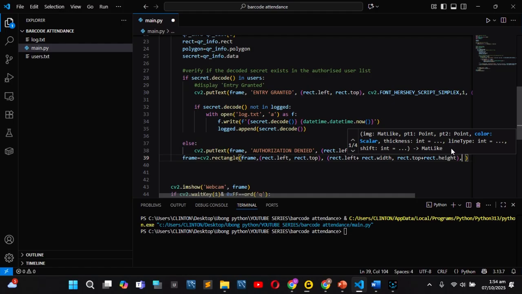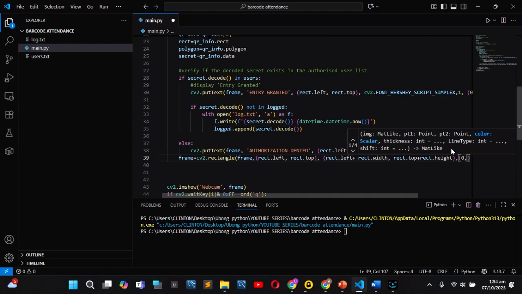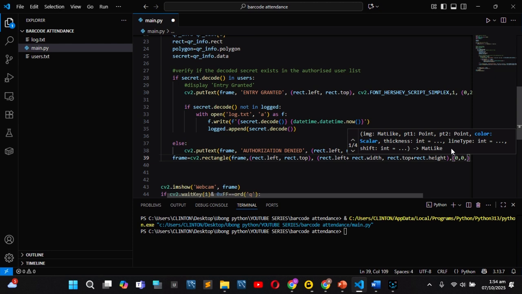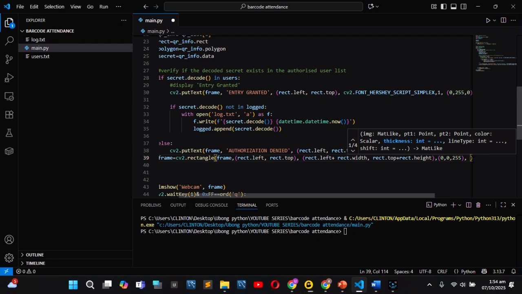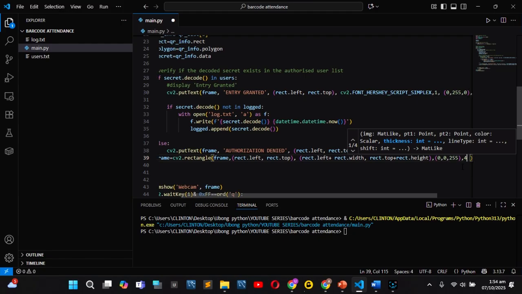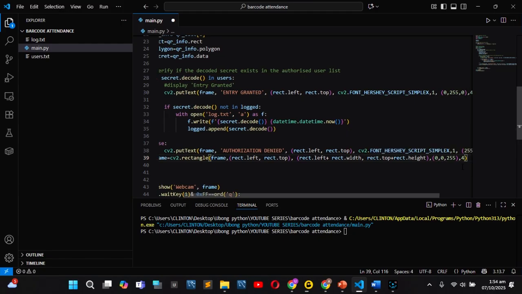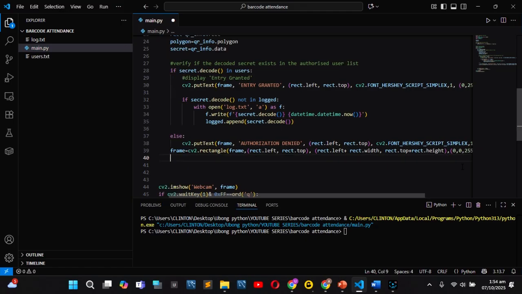So we have a color, so we'll make it red, 0, 0, 255, and then thickness. Very interesting. Okay, so that being done, the next thing is